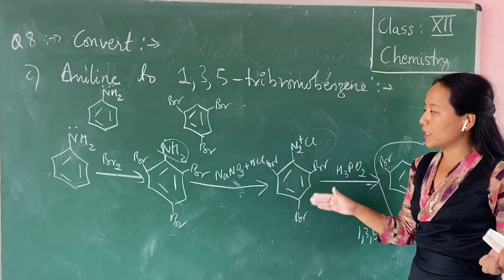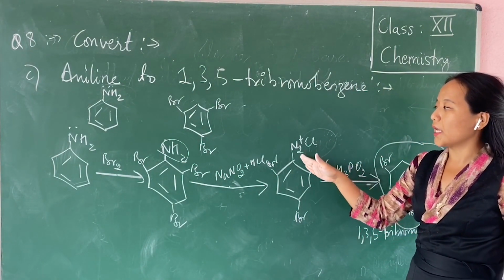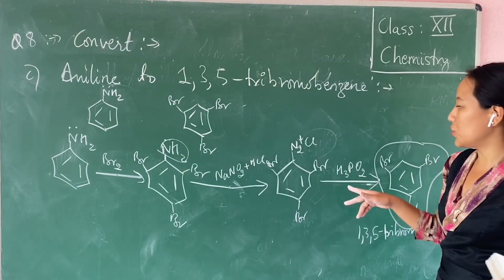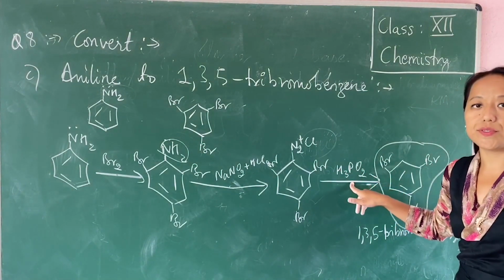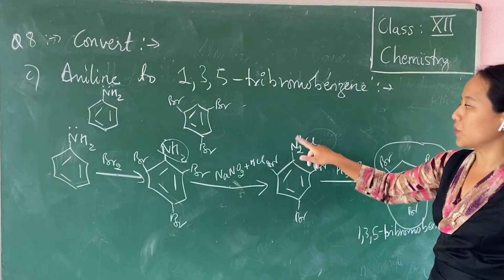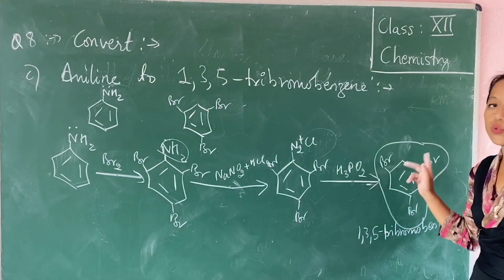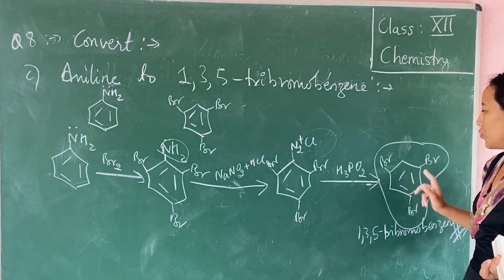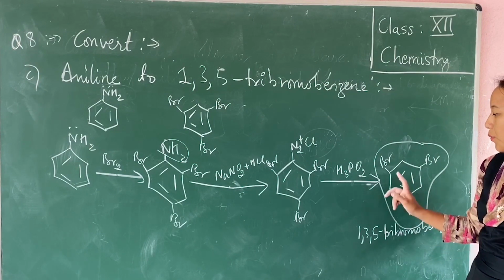And when you have got the diazonium salt, think about replacing N2 by hydrogen atom. For that, you have to use a reducing agent. In this case, I have taken hypophosphorus acid. So when you treat it with the reducing agent, this N2 is replaced by the hydrogen atom, which you don't have to show. And then you have your bromine on the 3 position. So in this case, this will be 1,3,5-